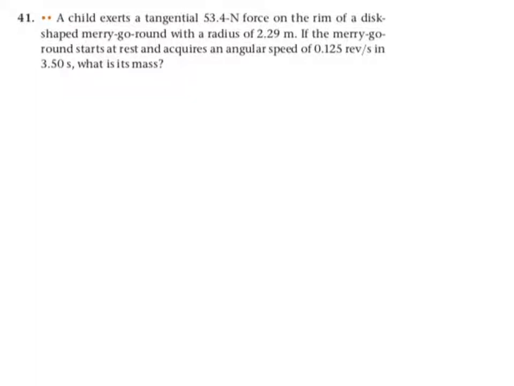Chapter 11, number 41. A child exerts a tangential 53.4 Newton force on the rim of a disc-shaped merry-go-round with a radius of 2.25 meters. If the merry-go-round starts at rest and acquires an angular speed of 0.125 revs per second in 3.50 seconds, what is its mass? So we're trying to connect tangential forces,